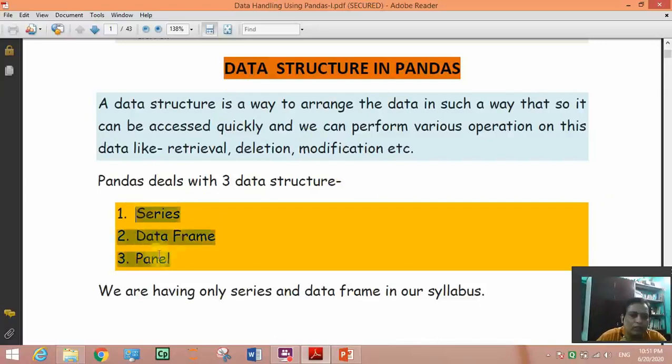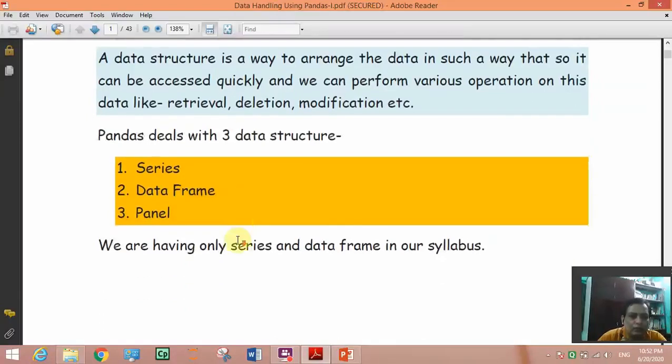Actually it has three, but we will see only two, and we have already seen series in previous classes. So I just wanted to revise this chapter so that we will get a clearer picture of pandas in coming classes or coming topics.